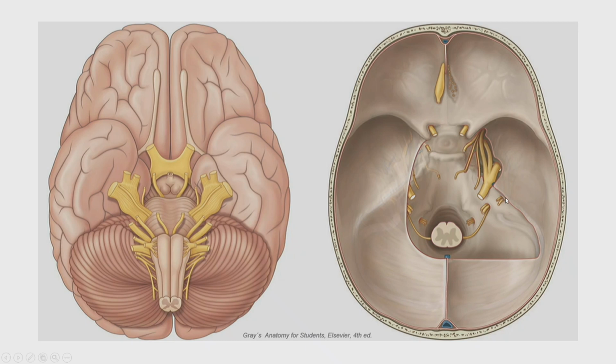After that, we have here the opening, which is called the porus acousticus internus, or internal acoustic meatus. And as you know, two nerves are going inside, the facial nerve and the vestibulocochlear nerve. The facial nerve has its own area, which is in the superior and anterior quadrant of this meatus, and it's going through the facial canal, through this bone, the petrosal part of the temporal bone, and it's coming out of the skull through